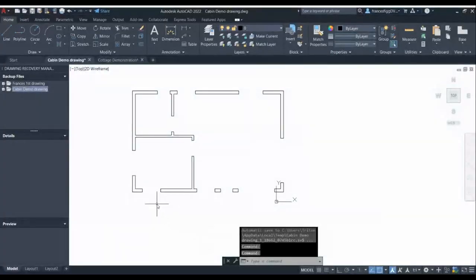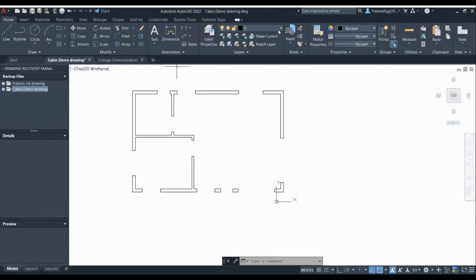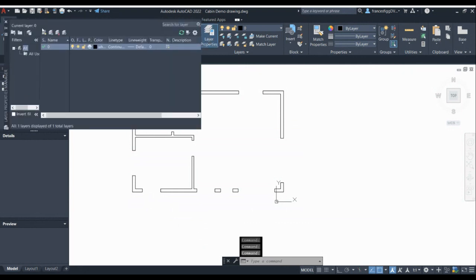Hi, I want to go over the second part of our cabin drawing. So this is where your cabin should have ended up. You've got one layer, this is the zero layer. Zero layer is not something we normally draw on. So what I want to do is go to layer properties and create